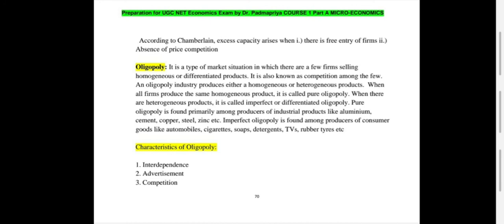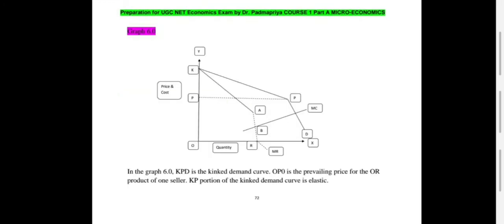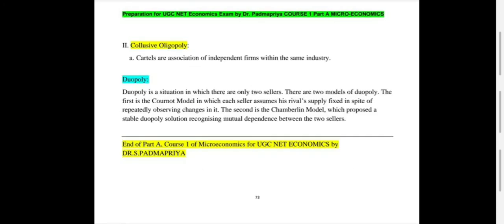So what are the characteristics of oligopoly? Interdependence, advertisement, and competition. When all firms produce the same product, it is called pure oligopoly. When they produce differentiated products, it is called imperfect or differentiated oligopoly. We have a particular thing called the kinked demand curve, wherein we have rigidity of prices. Oligopoly also consists of collusive oligopoly, which are cartels of independent firms within the same industry,